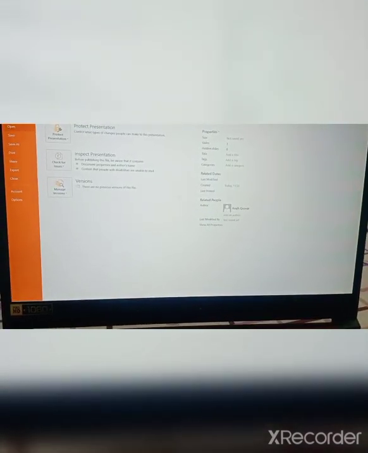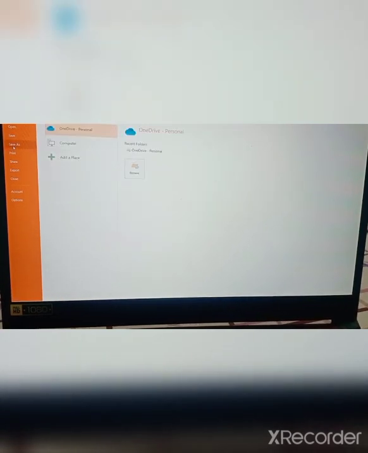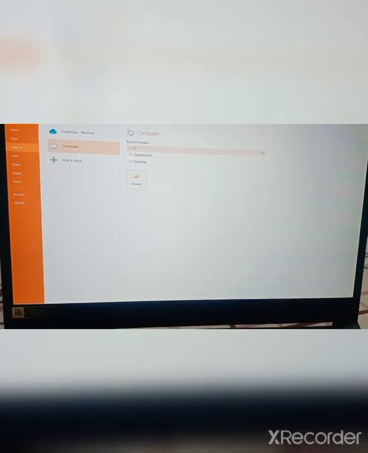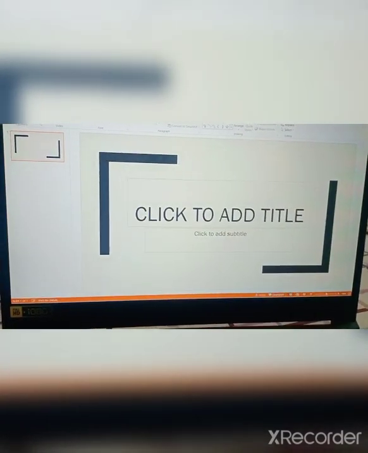If you want to save a template, click on Save As in the File tab. In the computer drive, open any drive where your presentation is saved. Like my presentation, I already made this, so I can open it. From there you can open your presentation. Otherwise, you can go back and make your presentation here.